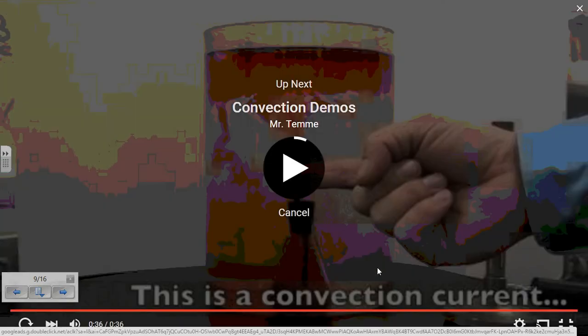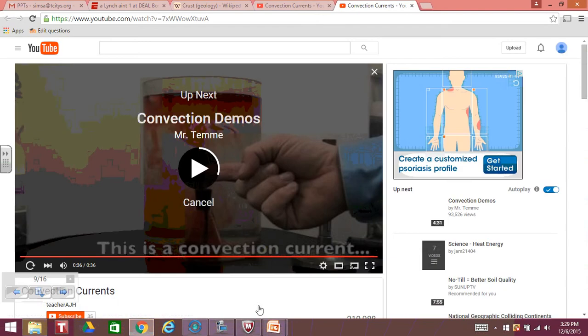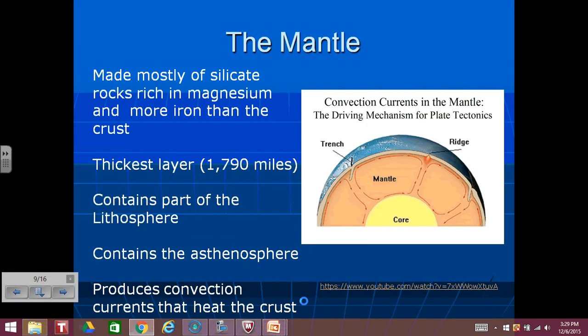So looking at this image, there's a tank of water. Hot water and cold water are added. And notice the red water goes to the top. It begins cooling. The blue water, which is the cold water, goes down to the bottom, and it creates kind of a spin cycle fashion. Now, this is a perfect depiction of how convection currents work in the mantle, because you have the water that is starting off hot, cooling down, going down, and the cold water coming down, and then rising. So, getting back down to the presentation,